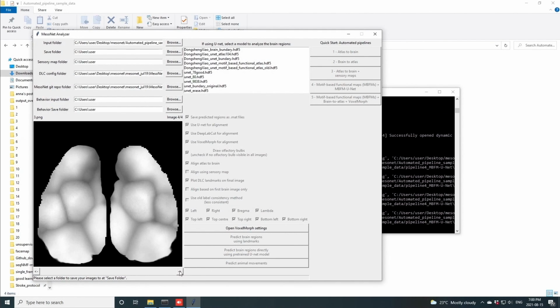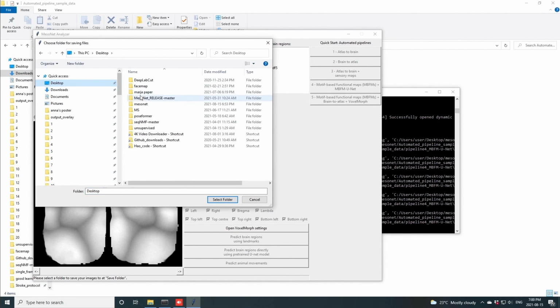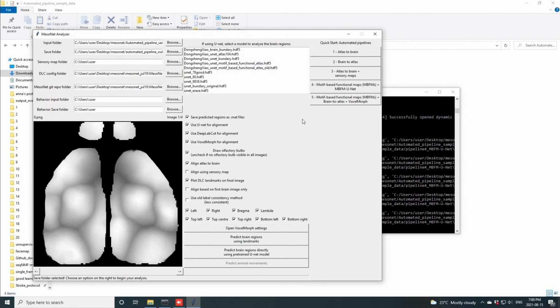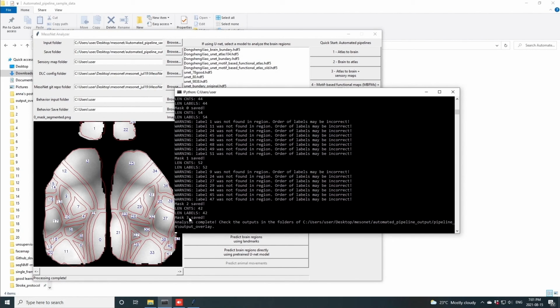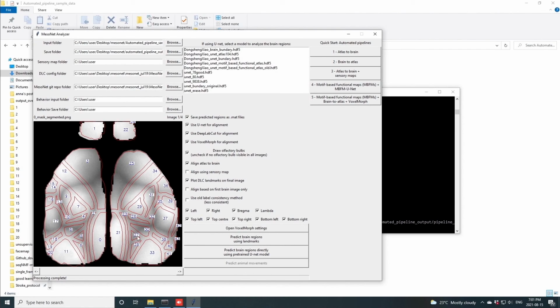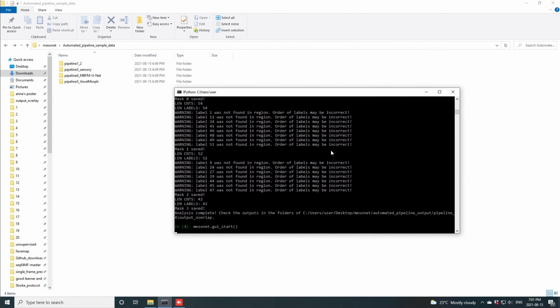Here we input a motif-based functional map, which shows averaged motif patterns of brain activity from multiple animals generated earlier in the MesoNet pipeline from a MATLAB script. Using these inputs, known as MBFMs for short, we can very quickly generate a map of the MBFM with the atlas regions overlaid, and this is robust to whether or not you have those olfactory bulbs that you can see at the top. And in the last approach, we also leverage a nonlinear registration technique called voxel morph, which will